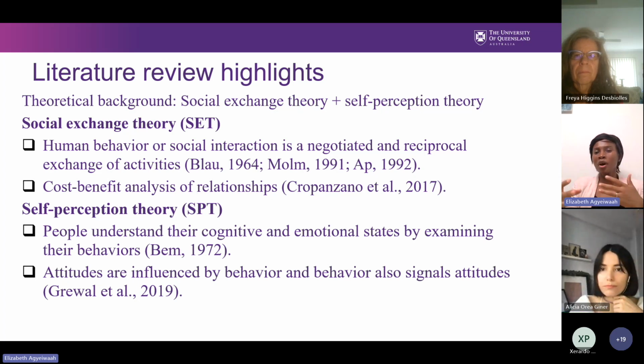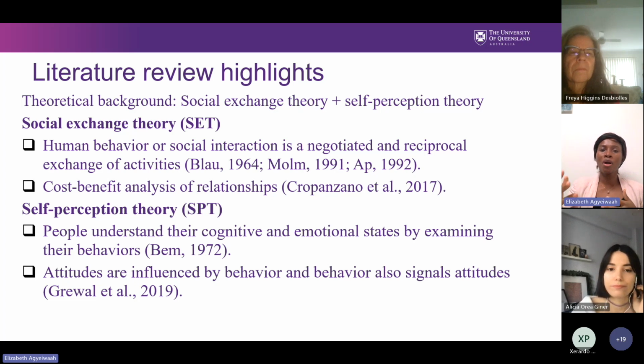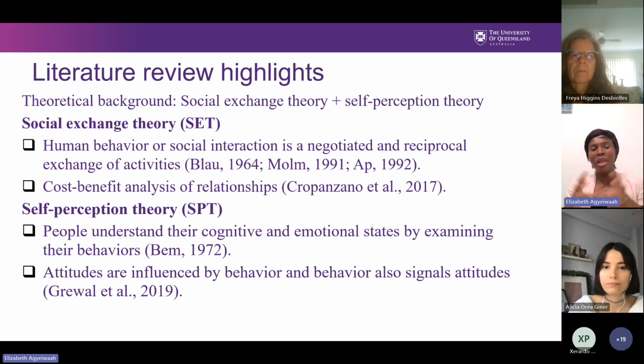But as we have three objectives, there are also limitations of social exchange theory, because it is not able to tell us how those that have attended and those that have not attended could be distinguished or examined. And so a second theory was very much needed so we could integrate both of them